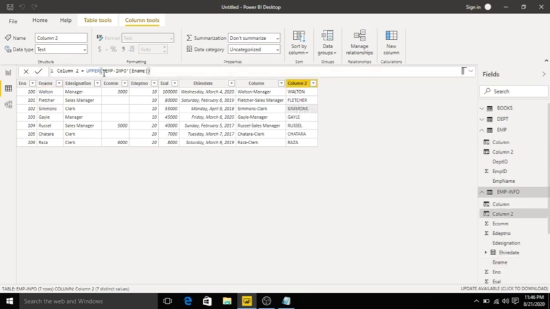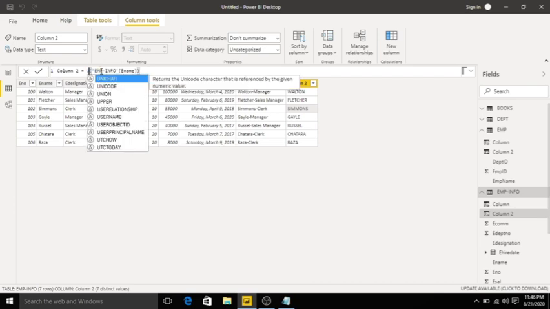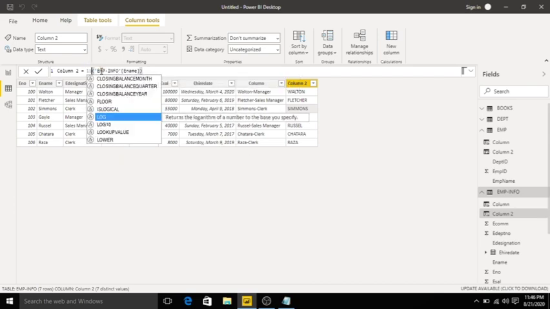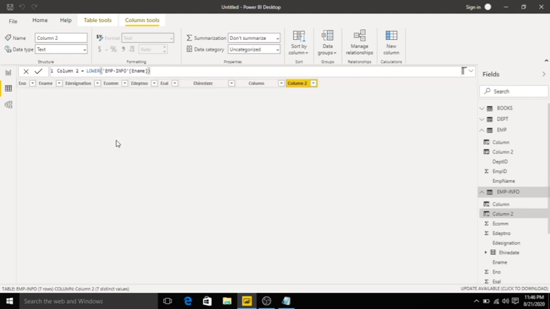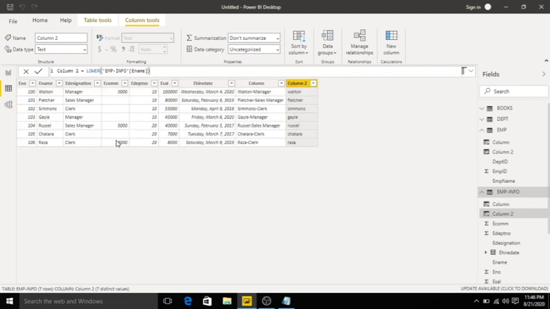We have another function called LOWER. It returns uppercase letters replaced with lowercase letters. LOWER, click enter. See, uppercase letters are replaced with lowercase.